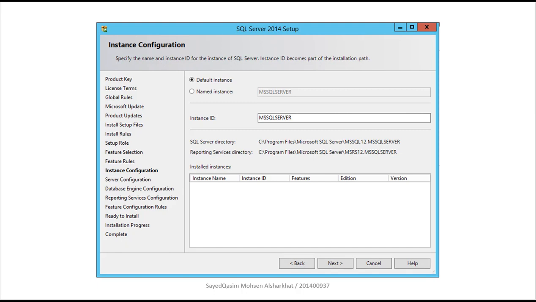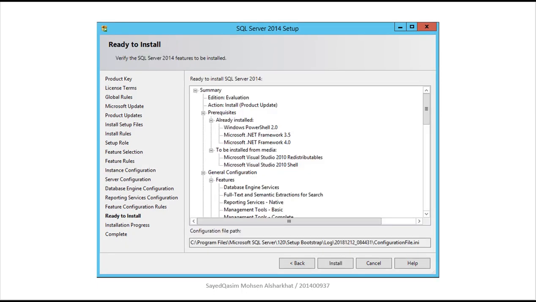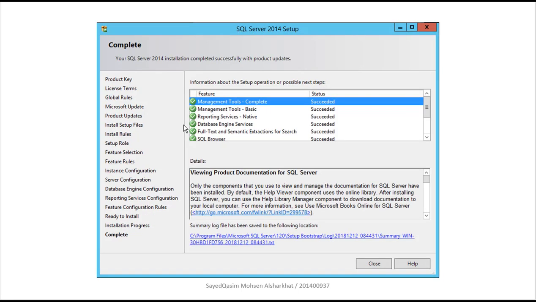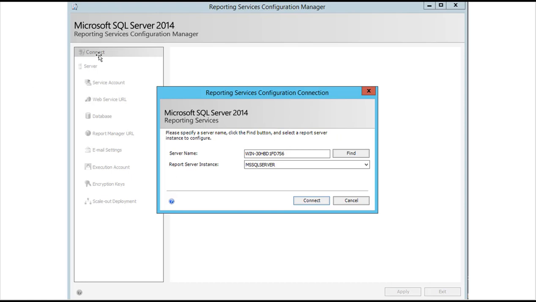Then we click next for the instance configuration. We can see all the summary we have done and click install. The installation will take a few minutes. After it finishes, you can see the download has been completed and all the features have succeeded. Then we have to go to the reporting service configuration manager to connect it to the server. Click connect,